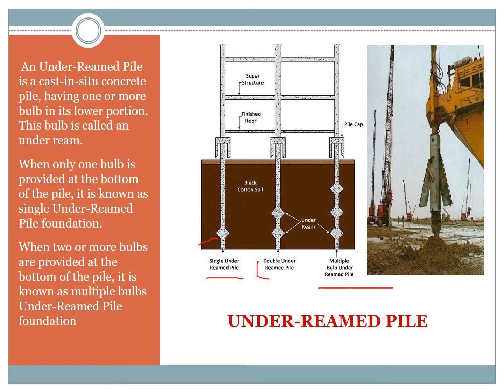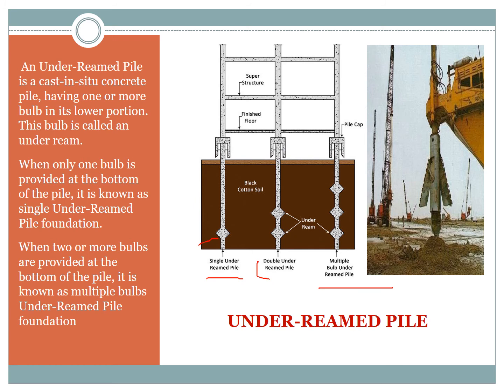The diameter of under-ream pile varies from 20 centimeter to 50 centimeter, and that of the bulb varies from 2 to 3 times the diameter of the pile. The length of the under-ream pile is about 3 meter to 8 meter, and the spacing of piles may vary from 2 meter to 4 meter. The load carrying capacity of under-ream pile can be increased by providing a different number of bulbs or a larger diameter, or by extending the length of the pile.